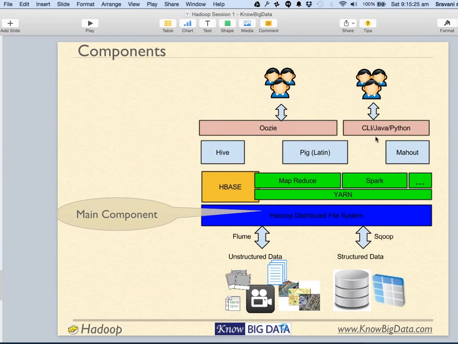Now this is the ecosystem as you see it. So Gunjan's question is, just now you said something about MapReduce, what exactly is it? So right now you can just think about MapReduce as: when you want to do some computing on multiple machines, you write your logic in the form of MapReduce and hand it over to Hadoop. Hadoop runs those maps and reduces on a network of computers and gives you the results. Okay, we'll talk about it in a little bit more detail later in the second session.